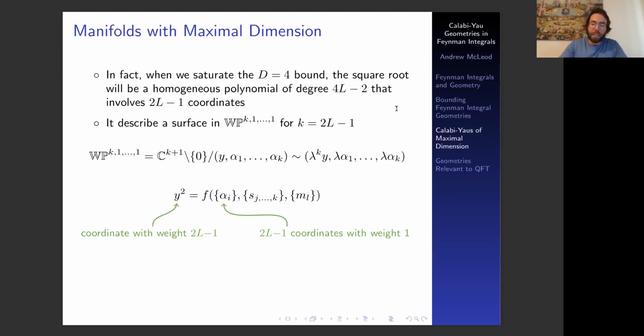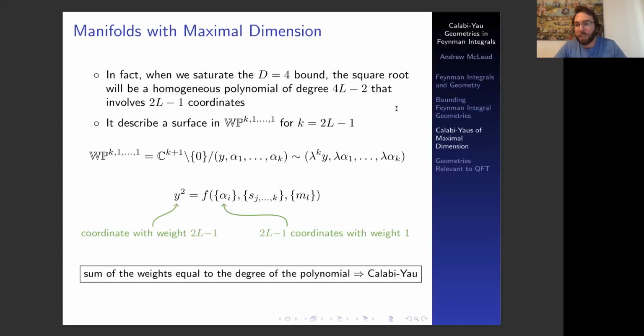So the key here is that if the sum of the weights equals the degree of the polynomial, this is a sufficient condition for this manifold to describe a Calabi-Yau. And so these are, of course, the Calabi-Yaus of the title. Anytime we find a Feynman integral that saturates these bounds, they're automatically guaranteed to be Calabi-Yau. So this is all very nice and abstract,